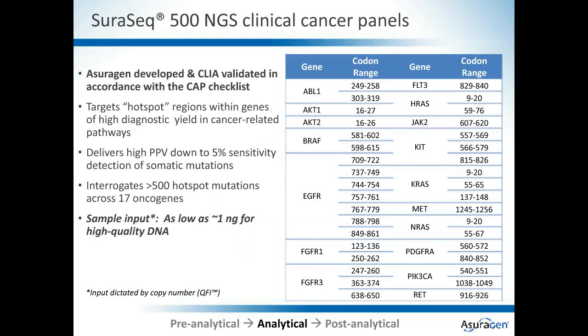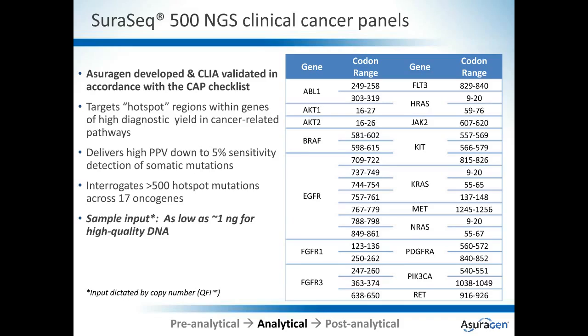So one of the panels that I'd like to highlight here is our Chirasika 500 panel that we've developed specifically for clinical purposes. This is one of more than a dozen of such panels that we've developed. It's the most mature. It targets 17 oncogenes and represents more than 500 mutations indexed in COSMIC, which is why it's called Chirasika 500. This is a panel that we've implemented into our clinical laboratory in accordance with the CAP checklist for next generation sequencing, and it's been optimized to achieve high analytical sensitivity and high PPV, down to about